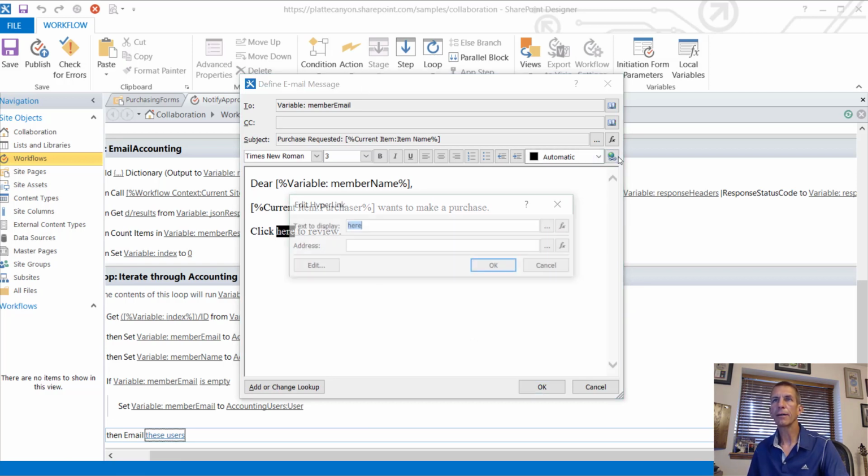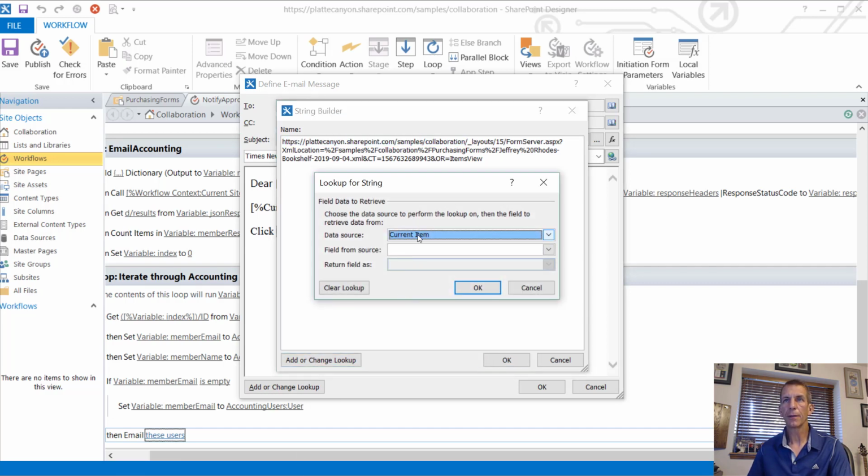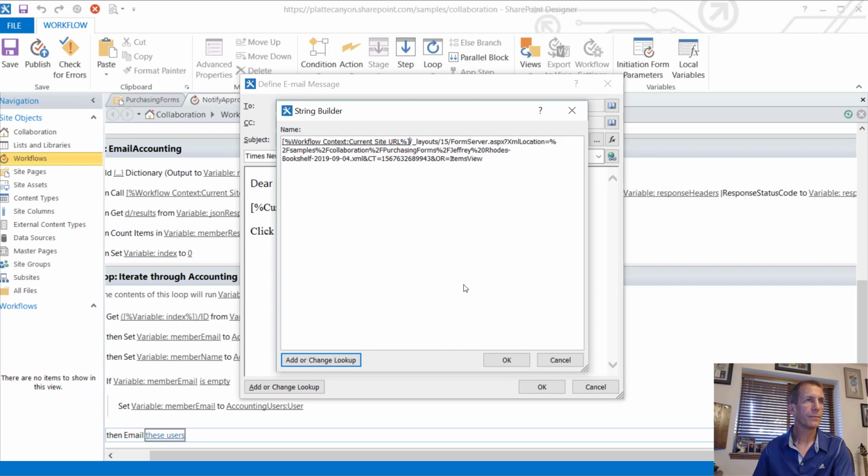So what we can do is make a hyperlink like that. And for the address, we'll paste all that in. And then this part, like how we did before, we can put in certain parts. So this will be the context, the site URL. And then the location, this part, all the way up through